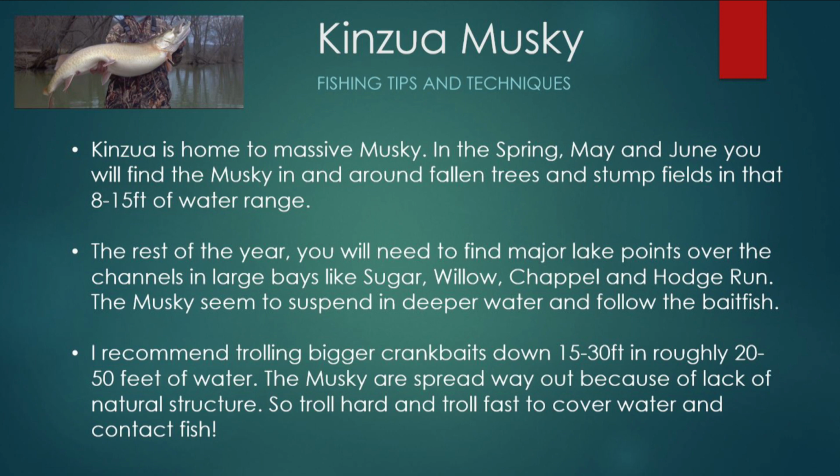The rest of the year though, you guys are going to have to find major lake points over channels in large bays, again, like Sugar, Willow, Chapel, and Hodge Run. My experience and everything that I've read seems to suggest that the muskies suspend in deeper water and follow the bait fish. If you guys can get into those areas with those major lake points over the channels, my recommendation